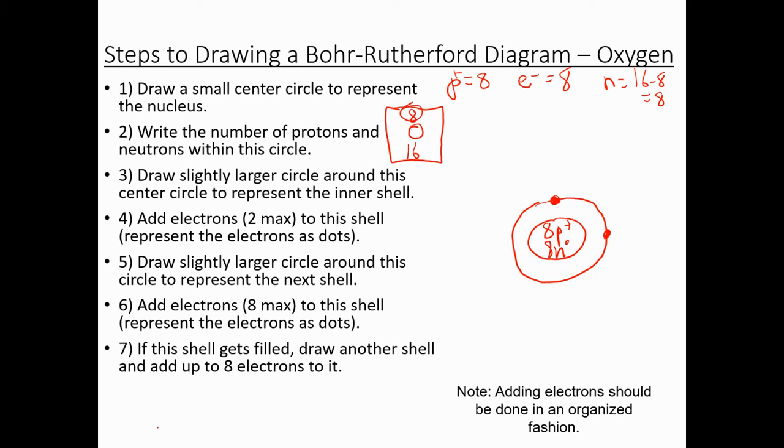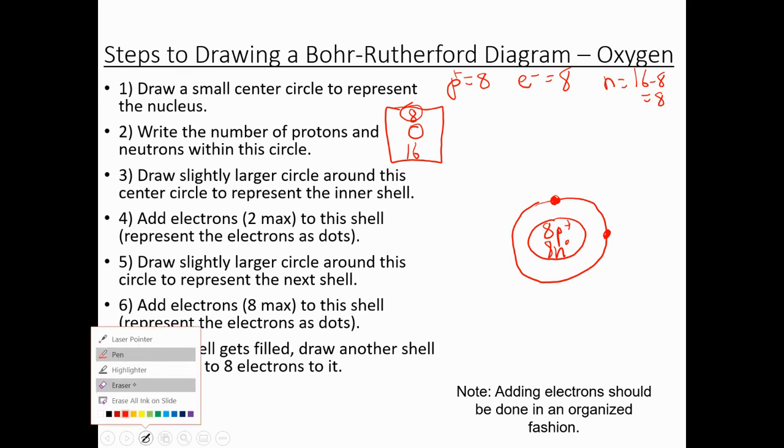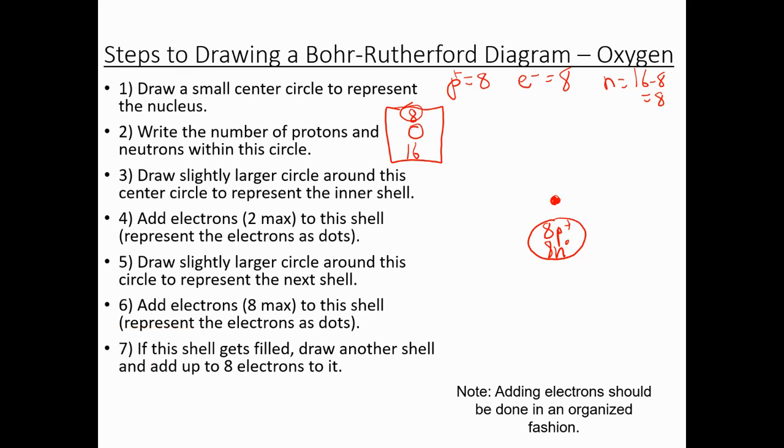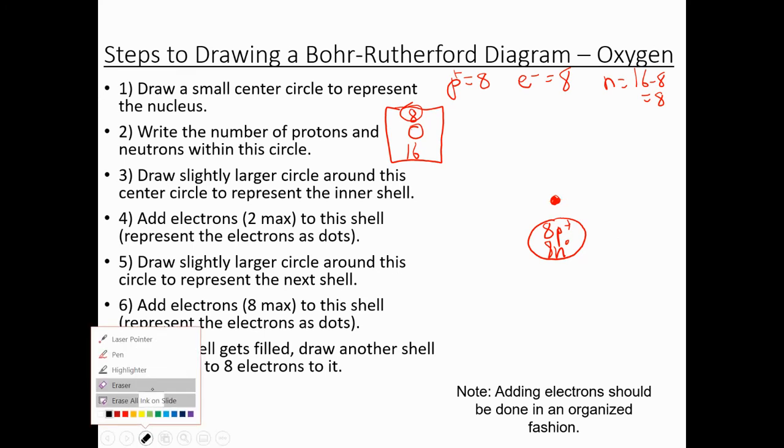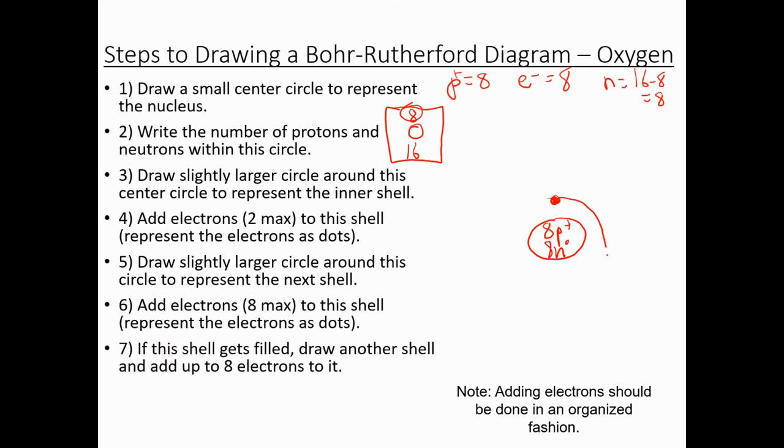So what I'll do is I'll actually do that for this one here, because there's 2, and it's not a really big deal, but just to make it nice and neat here, 1 there, 1 here. Now, what I need you to get is that this shell is now full. We've placed 2 electrons. We have 8 total. There's 6 left to place. Now this shell is full, so I have to start another shell, and I can start placing my remaining electrons